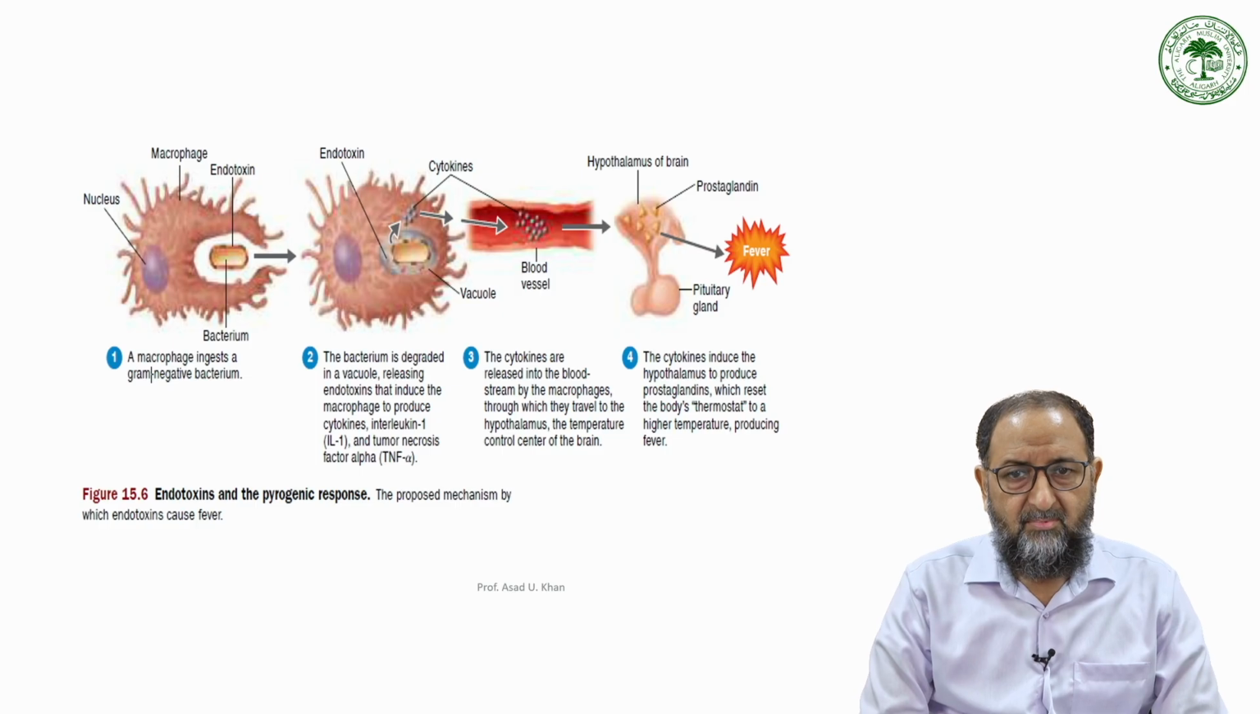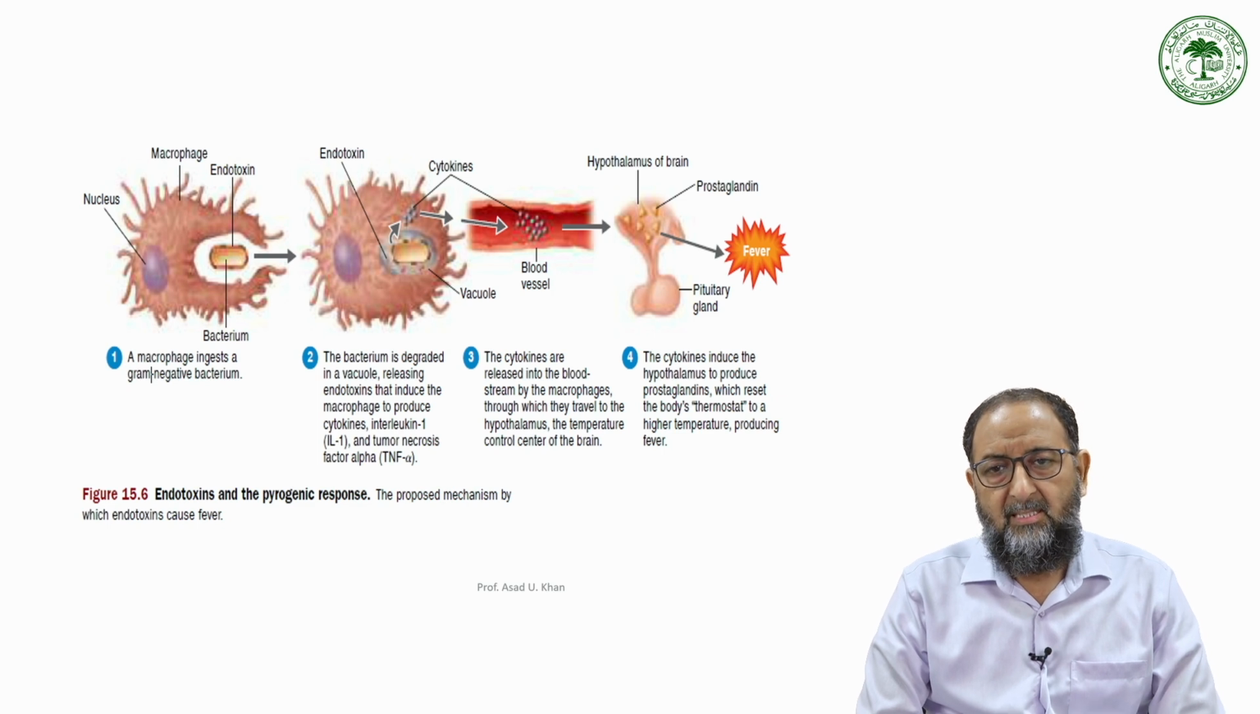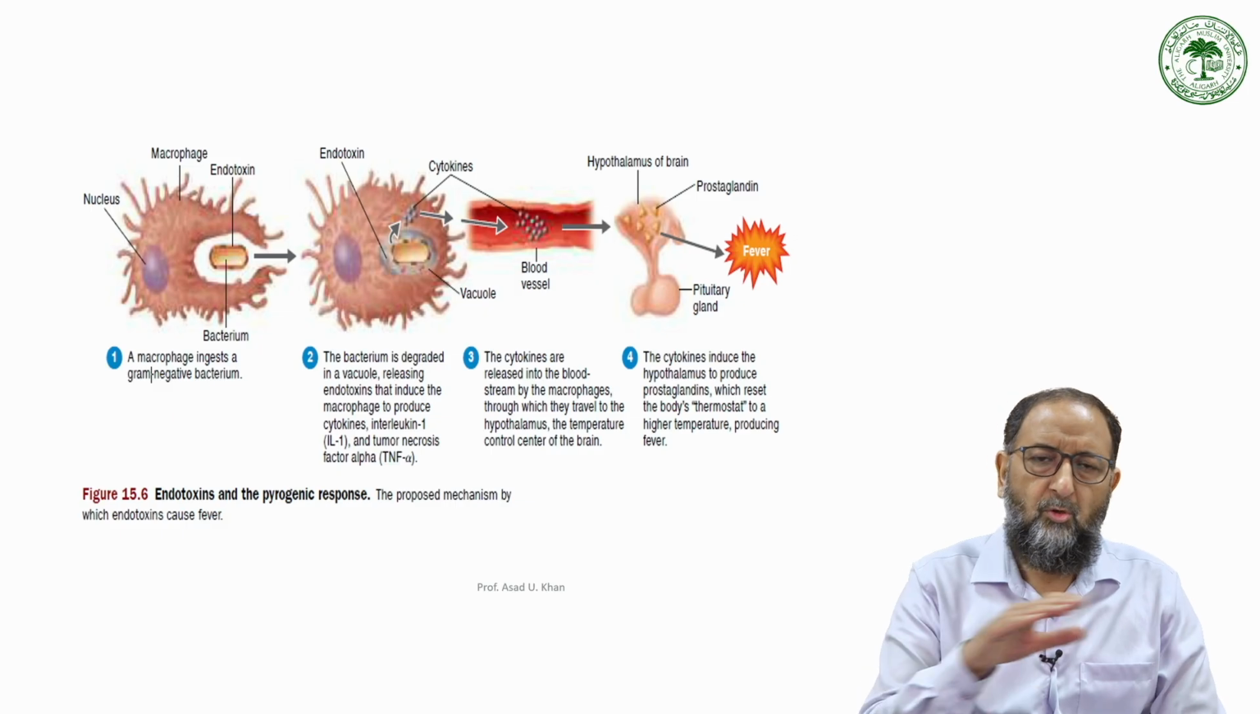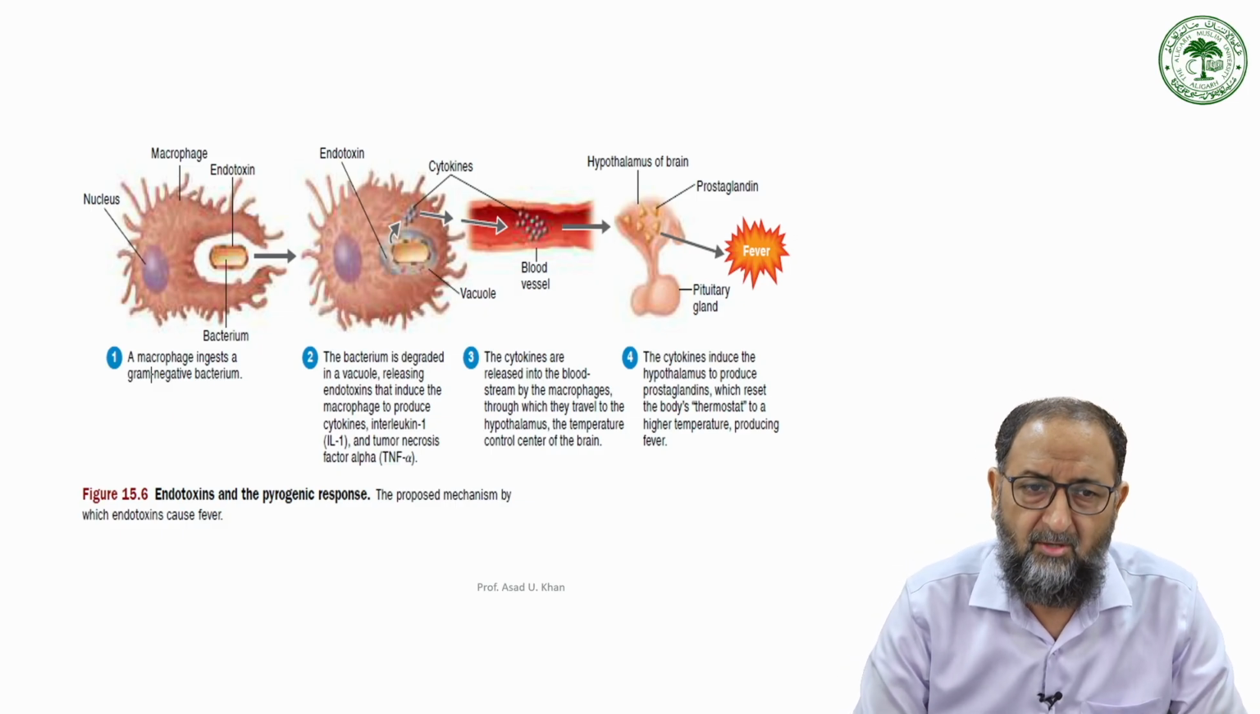blood streams by the macrophages, through which they travel to the hypothalamus, the temperature control center of the brain. Then the cytokines induce the hypothalamus to produce prostaglandin, and this prostaglandin resets the body's thermostat to a higher temperature, producing the fever. So this is the whole cycle and process of how the fever takes place, how the pyrogen effect takes place